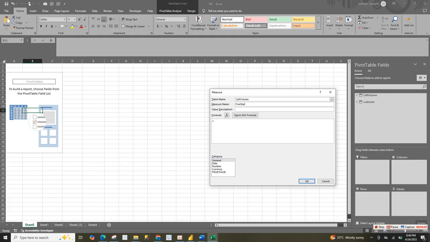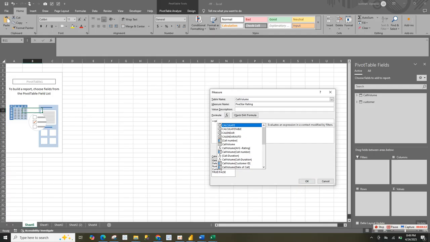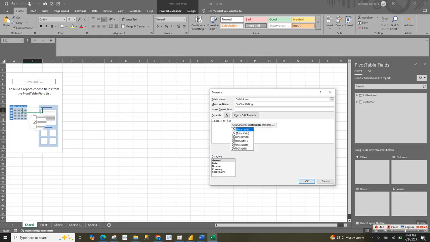So I will just name this 5 star rating. So equals to calculate. I will use my calculate function. Then what's my expression? That's total core volume, total core. Then comma,